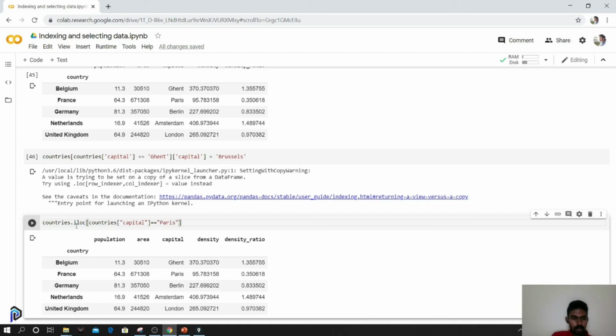So what I'm doing is giving a particular condition, and so I'll be getting this value alone. Okay. So with iloc, I'm just going to change it. So what I want to change is the capital.